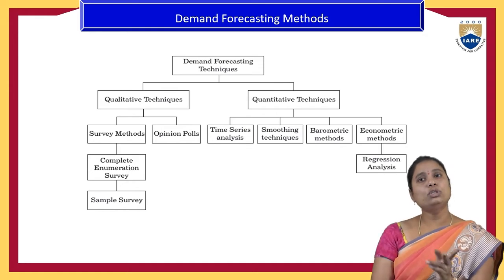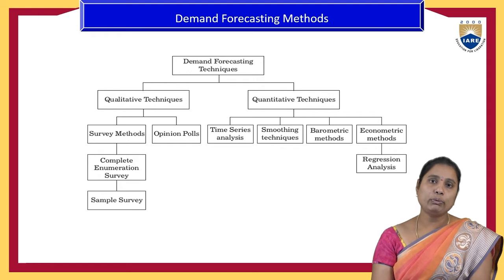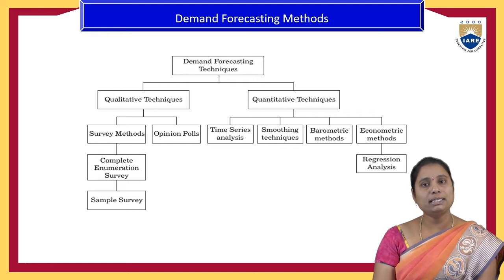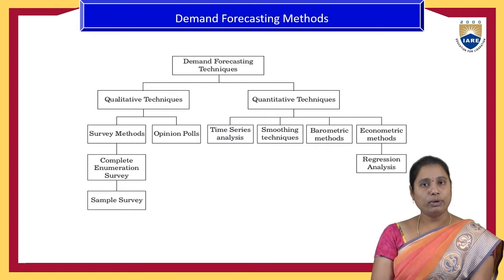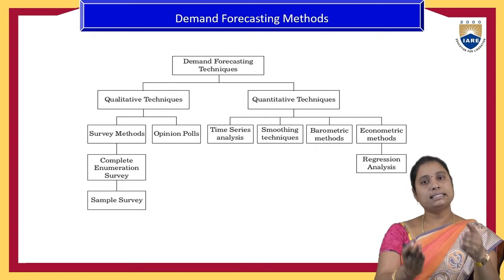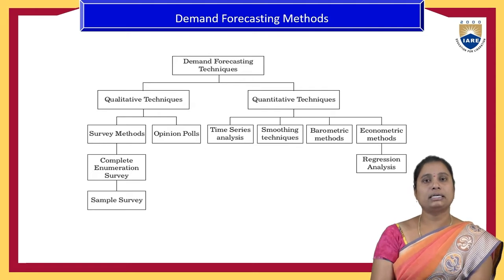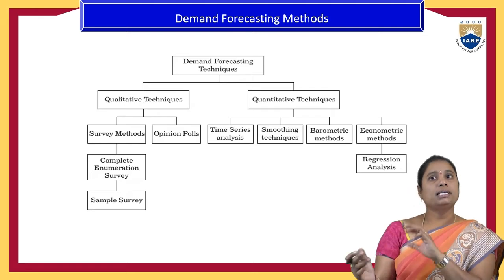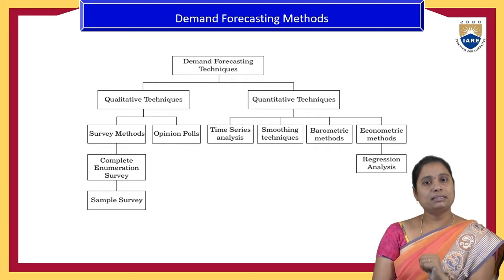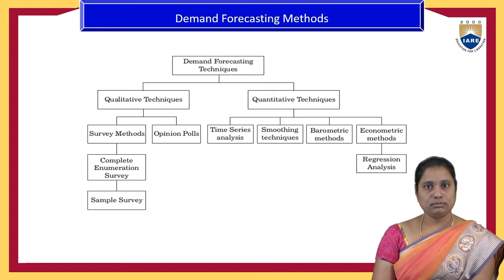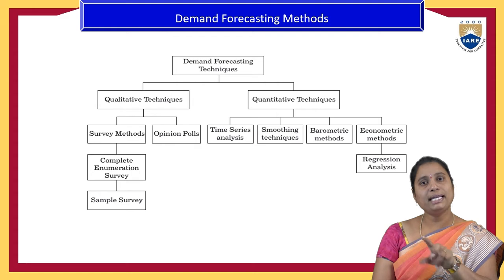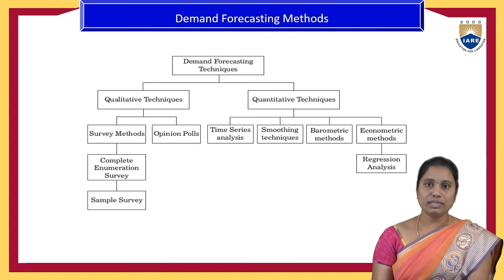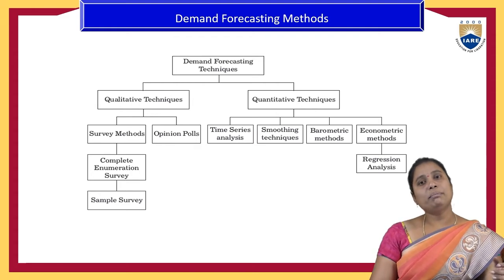So both the qualitative and quantitative techniques are there to estimate the demand for a product. The qualitative techniques are survey methods and opinion polls. Again, under the survey methods there are certain elements. Then, mostly the statistical methods play a key role in the quantitative techniques. So that is about the 2 main techniques for the estimation of demand for the product. So one by one, we'll have the